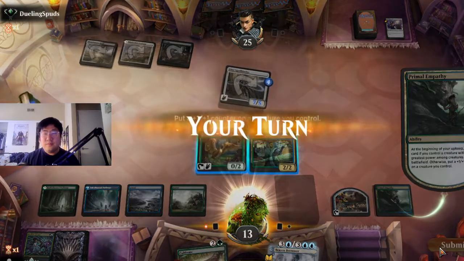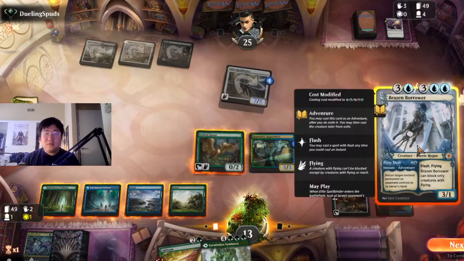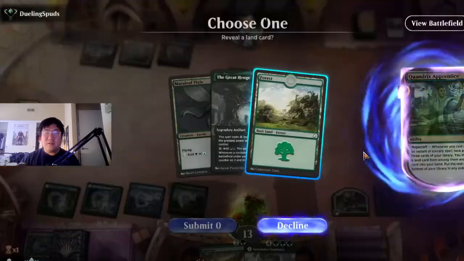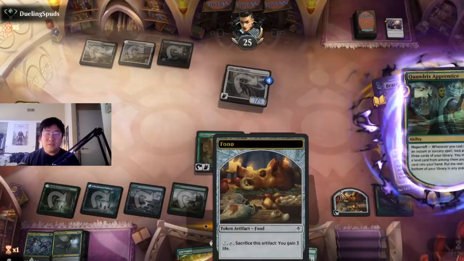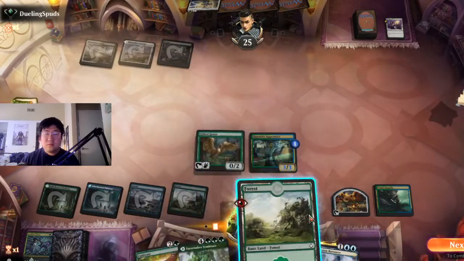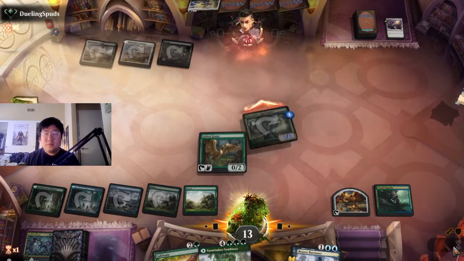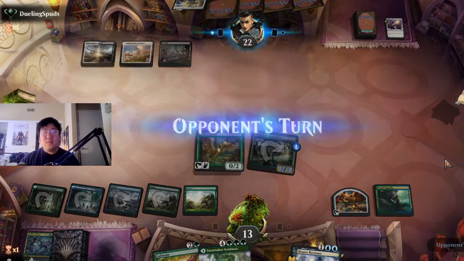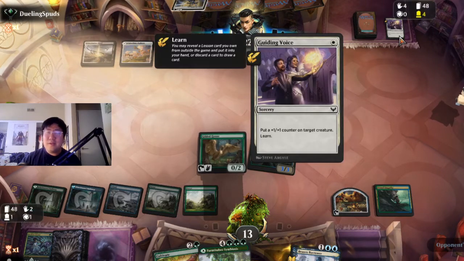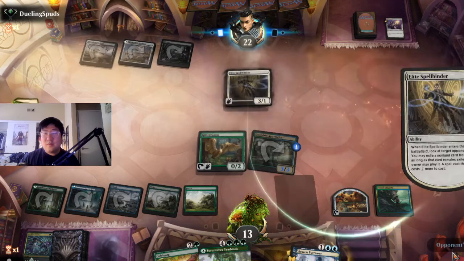I'm gonna go ahead and put on the Apprentice. Okay, so might seem strange, but can't let a 7/5 stick for that long. Get a Forest, which is nice. So a little annoying because he gets to exile again with the Spellbinder, but I don't know why our opponent doesn't have learn cards, honestly. Doesn't make that much sense to me, but...